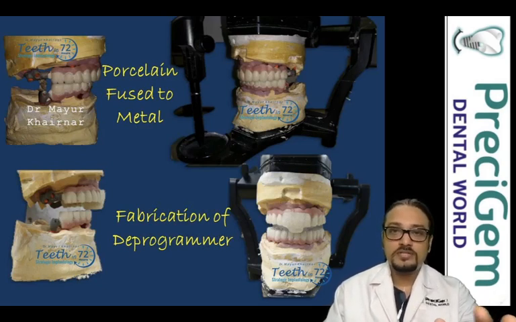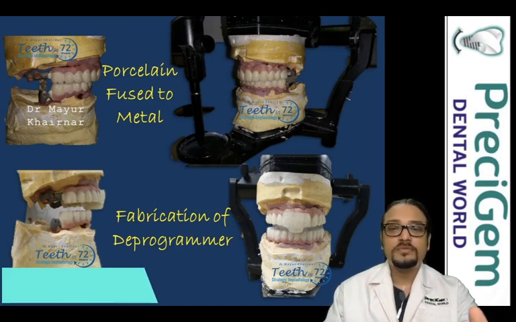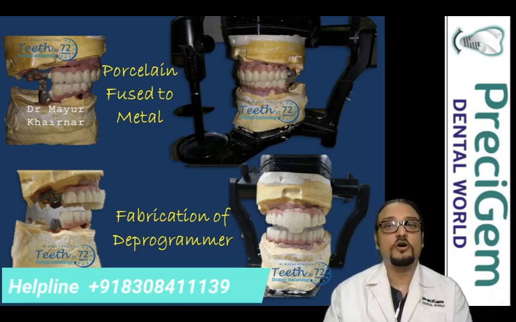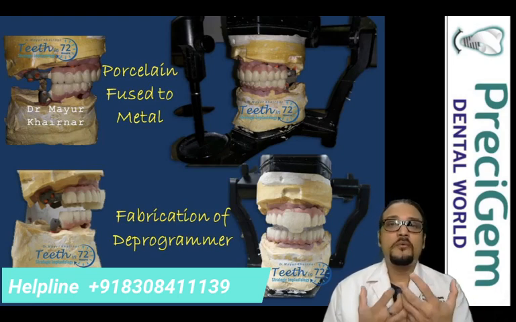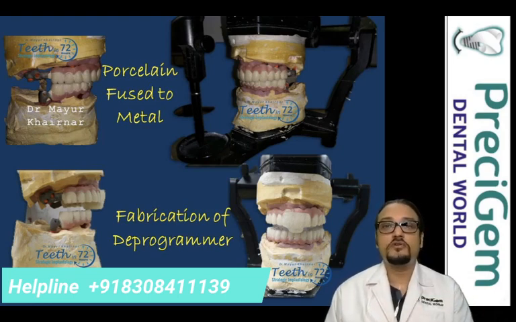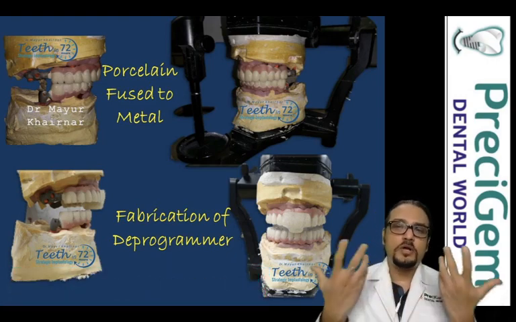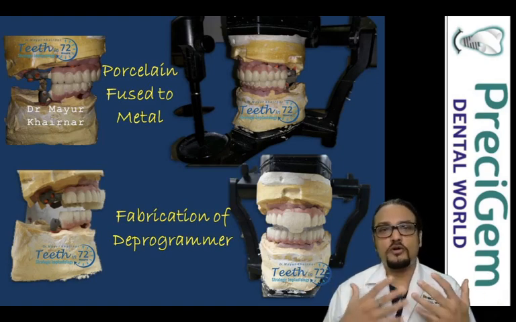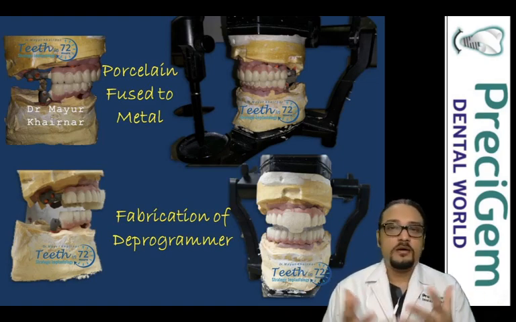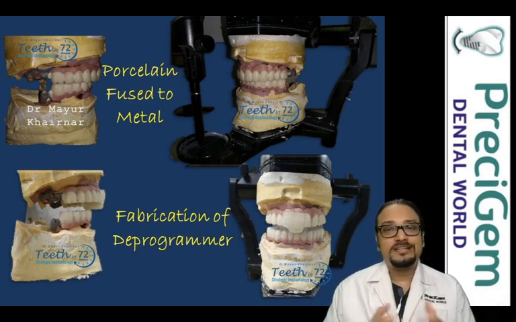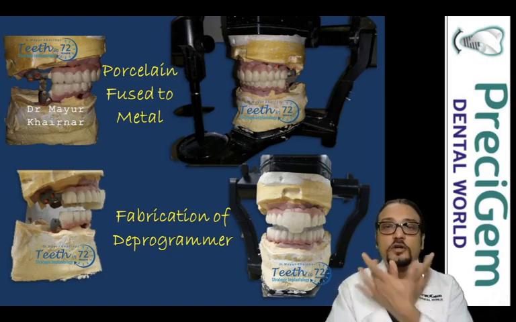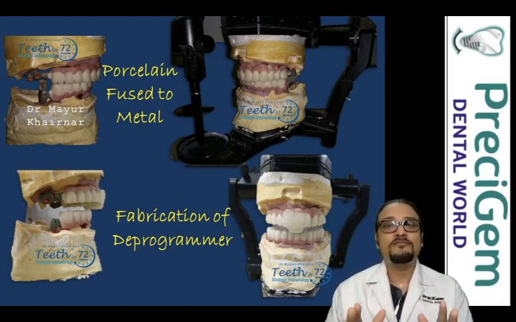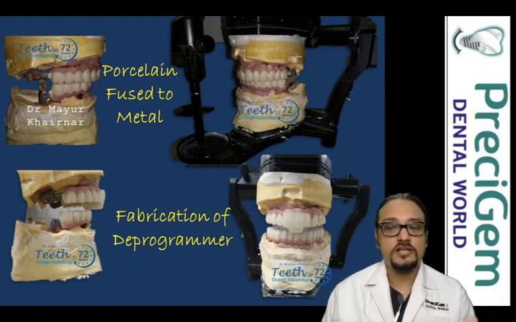Now in the lab the ceramic is added. If you can see, that is nothing but the ceramic being added. This is the second step. Sometimes we require fabrication of a deprogrammer. Deprogrammer is needed when a patient finds it very difficult to give you a jaw relationship, like the patient is not giving a proper bite, maybe because he or she has been chewing so long on a wrong side or on a front side, wherever teeth were present before. So in that situation you may sometimes need a deprogrammer. So we use that deprogrammer to relax your jawbone muscles, and then we record your bite. So that may take an additional appointment.